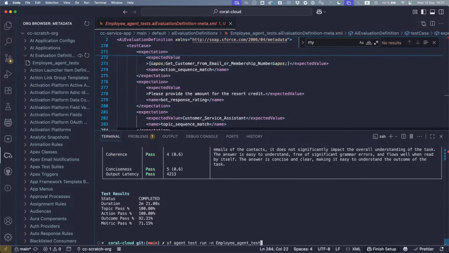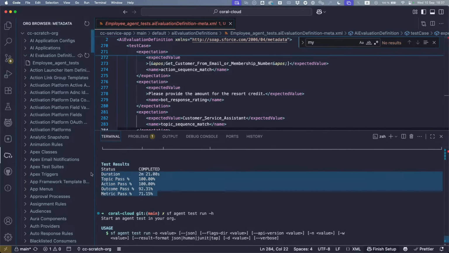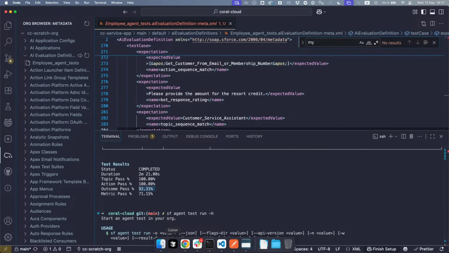So if I were to work in continuous integration, I could use some of the other flags, like changing the format and outputting the test results as JSON. And then we could be looking, for example, at the final test results to make a decision whether, for example, to make the CI fail, or maybe to log the historical data, the performance, and everything. You can see that the outcome is pretty good here. And that's because I tweaked the original CSV file that was generated from Testing Center to fix a number of